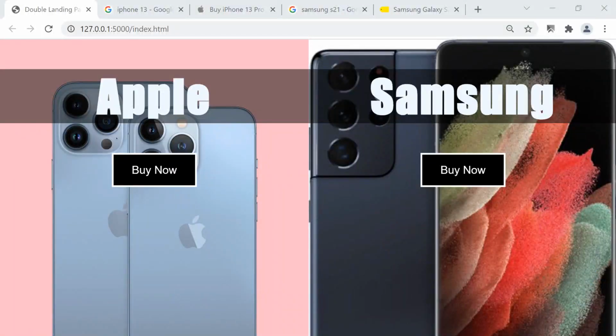Welcome back to another project. In this project, we are going to create a double landing page. As you can see from the final version of the project, we have two products in one landing page, Apple